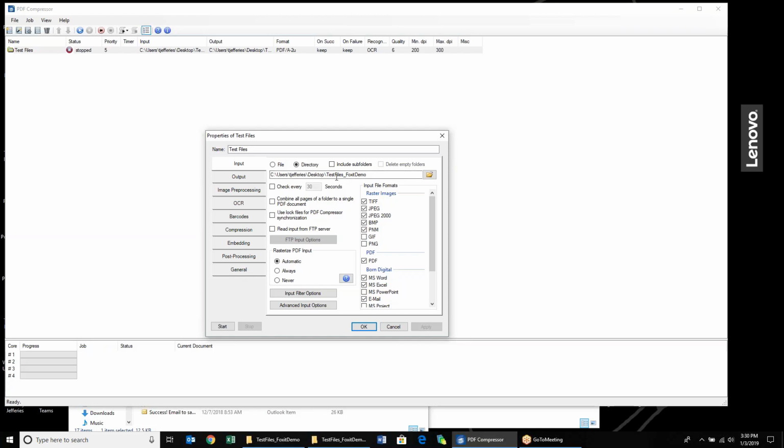So I've set up a directory that's just a simple folder on my desktop, and I have a couple of files in there. You can set this folder up as a watch folder and check it every 30 seconds, every few minutes, basically to process the documents and place them in a separate output folder. I'm going to run it as a batch,